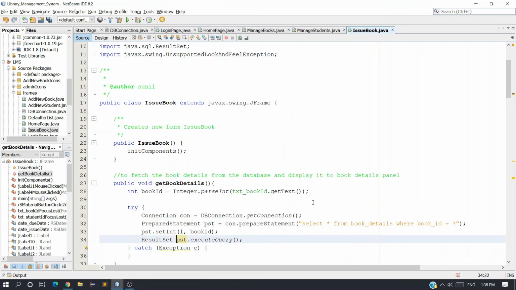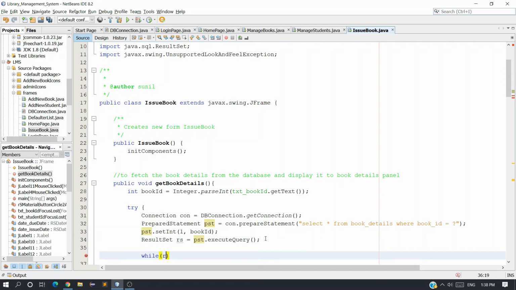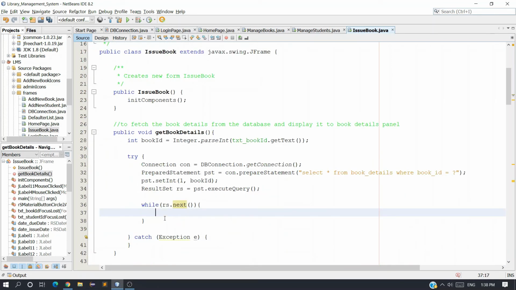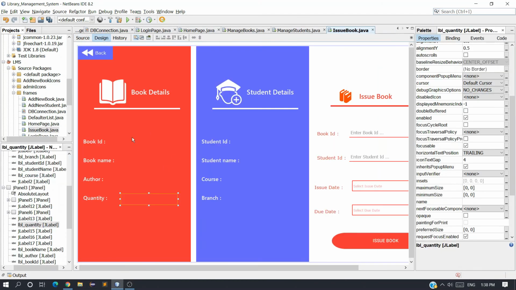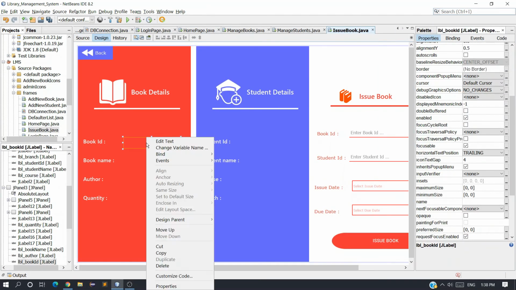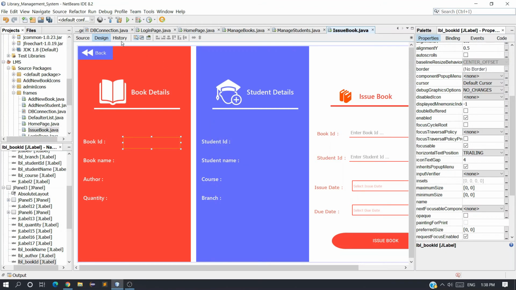java.sql ResultSet rs. Now take a while loop to iterate through all the results, rs.next, and inside this we have to set the values to all the labels. Which labels? On these labels you can see the label name is lblBookId.